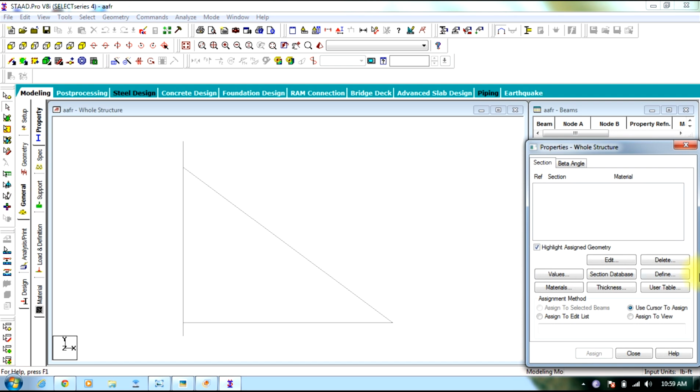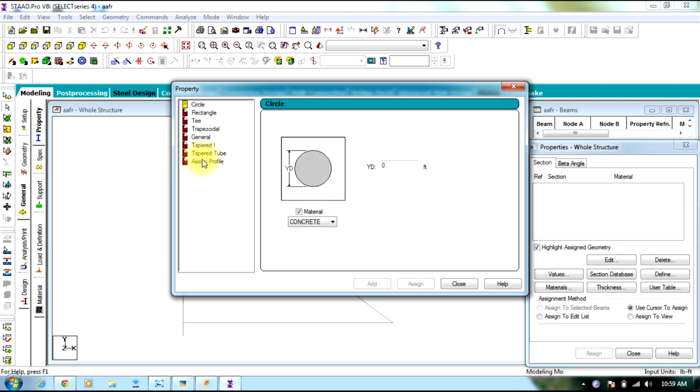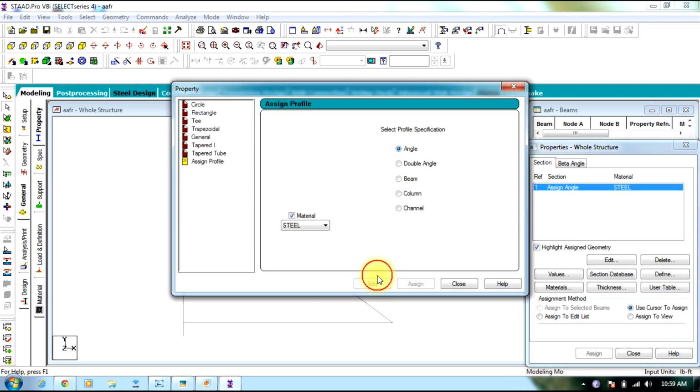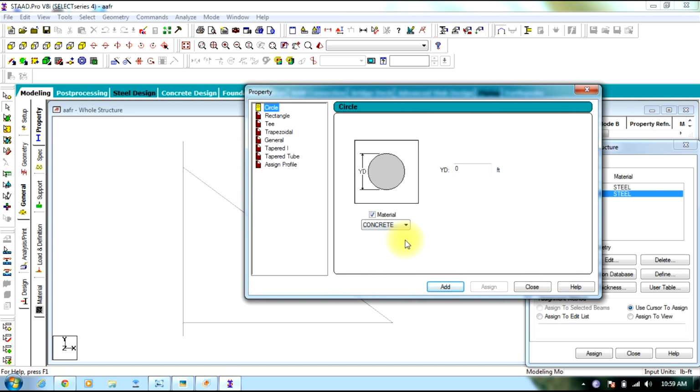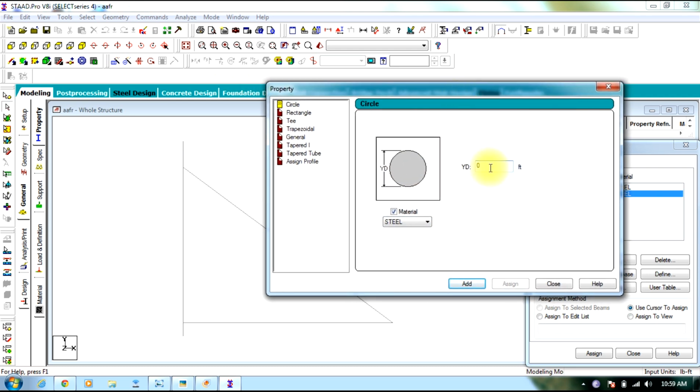Now we go to general, define, profile, angle, then beam, and then we go to circle, select material steel and give diameter as well. Coming to feet,